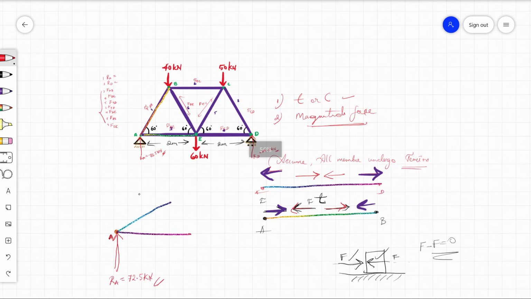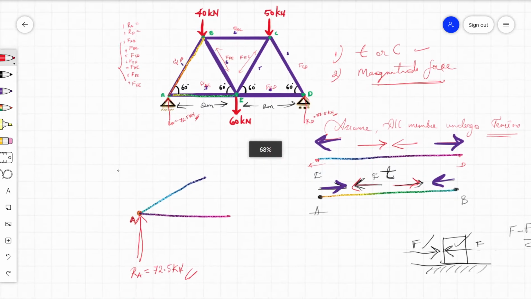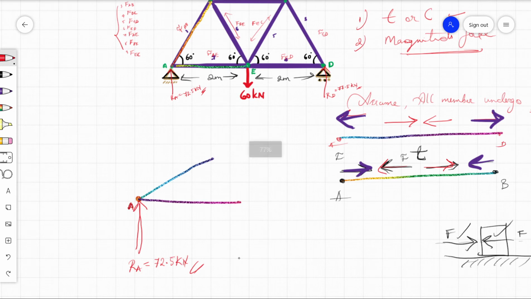So this is a concept over here, but this is whatever the assumed member AB, and this is AE, right? This is what we assume. We took only the partial part. This doesn't stop over here only.